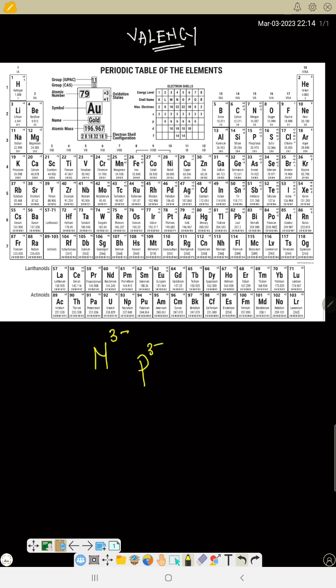Phosphorus will carry 3 minus. So it's that 3 that will now stand as their valency. That means the valency of nitrogen is 3. So now, group 6,